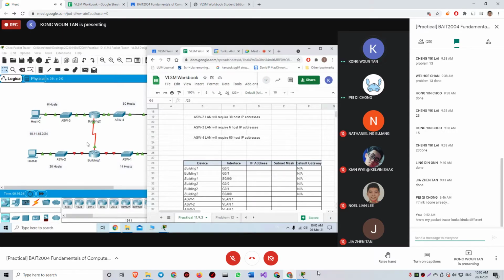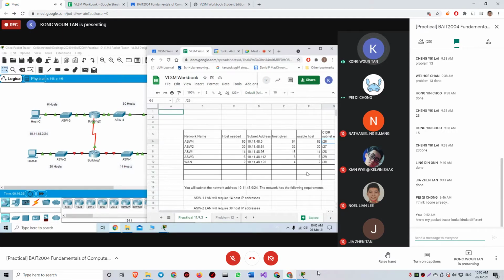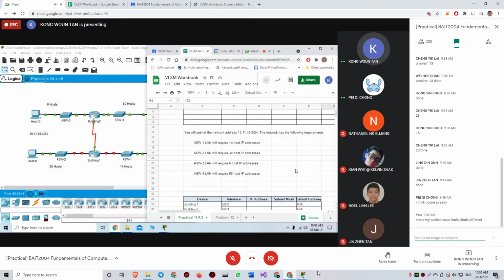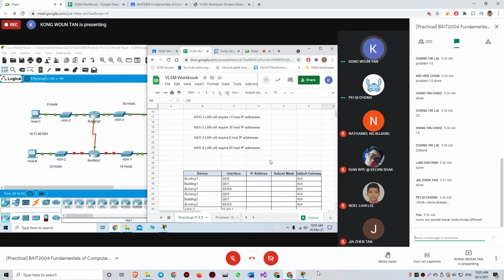Then, what is the first file? The first file, I think, is most probably this type of calculation. In the exam, most of the time they need both the VLSM and the equal subnetting in the first PDF file: all the calculation and all the things that you answer. Maybe they will ask you some questions, and you need to answer those questions and put them in the first